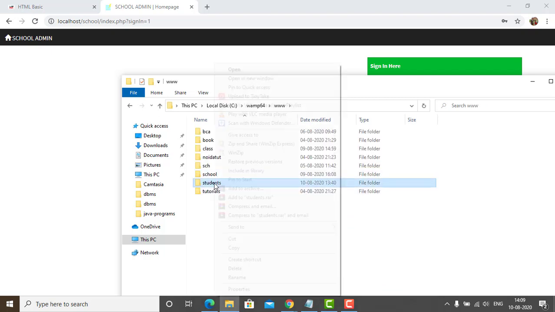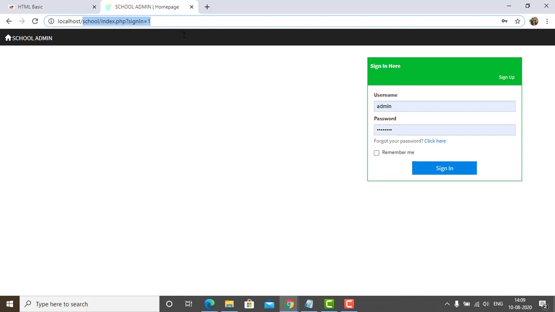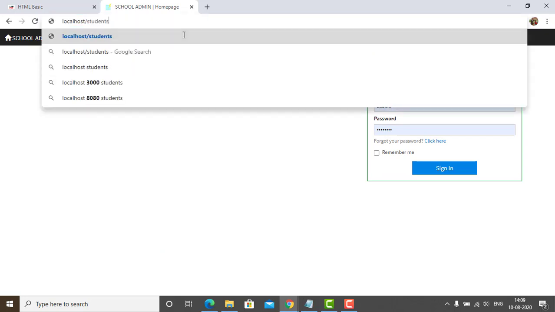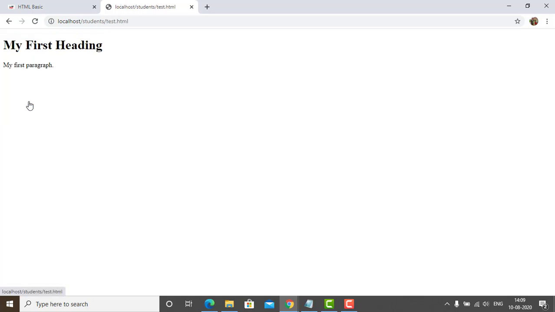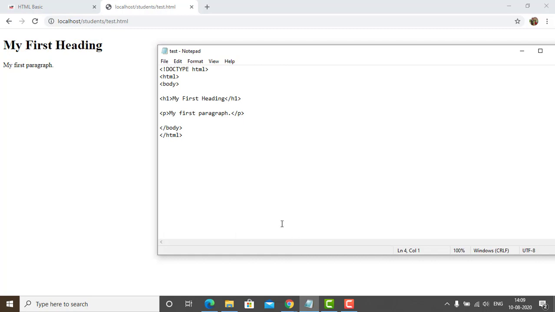This was the students folder. So now let us copy the name of the project and paste it here. Now you can see this was the test HTML that we created. In Notepad you can see the code.